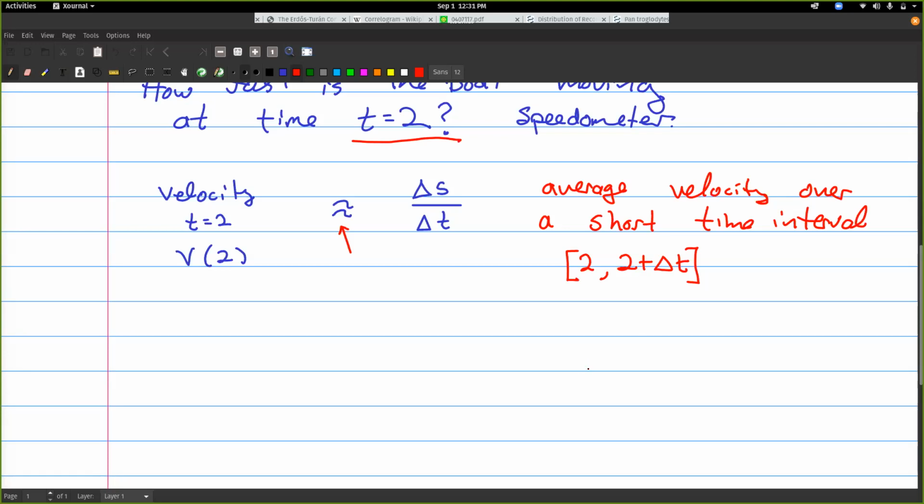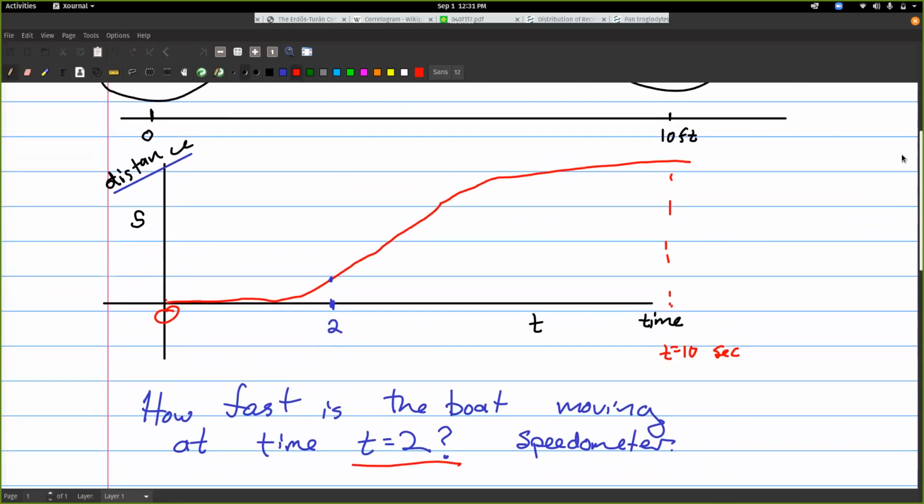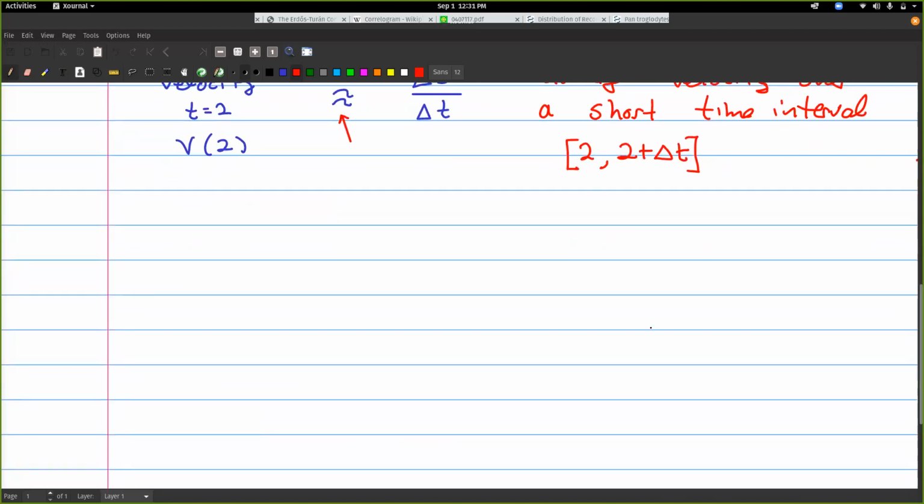So let's actually play around with this. I've come up with a function that describes a shape that's basically like this. Years from now, if you go on to take a machine learning class, this will actually come up again. It's kind of a famous function called the logistic function. So f of t equals 10 over 1 plus e to the 5 minus t. Okay. And all right, I'm going to look at a plot of this function just to show you